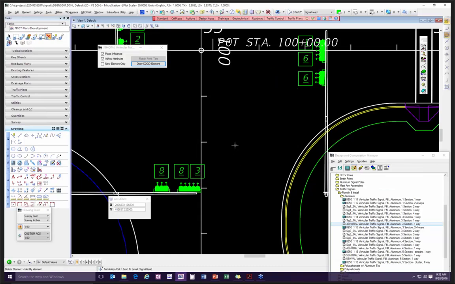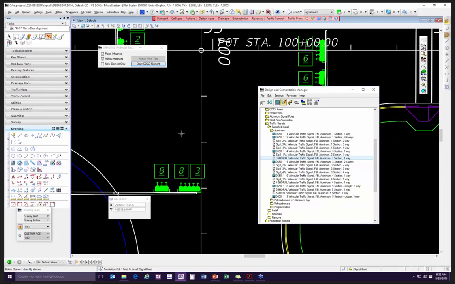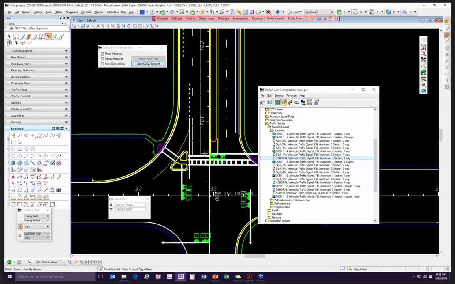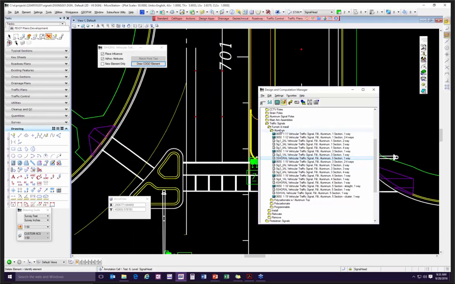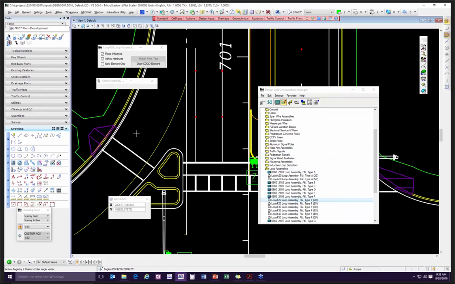Exercise 4 is talking about the loops. The loops, again, you could use the draw cell by feature tool. You can also go in and just use DNC. It works a lot the same way as the traffic signals. Basically, I'm going to go down to the loop assemblies, and let's just grab a 20-foot type F loop. The loop information, you can find out there in the indexes, the different size loops. And according to the index,